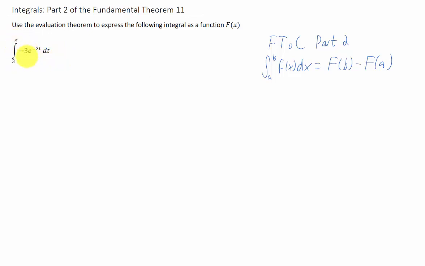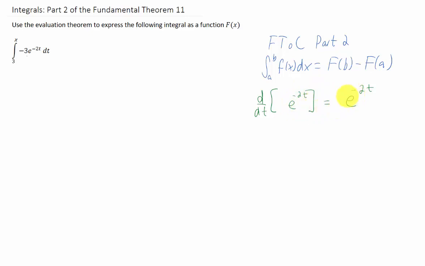Now, we still haven't formalized an integration process on a function like this. Soon enough we will. We'll be doing something called a u substitution here, but for now we are just playing around. So we just have to ask the question, what function has a derivative that ends up being e to the negative 2t? And you might guess e to the negative 2t, and that is a really good guess, but